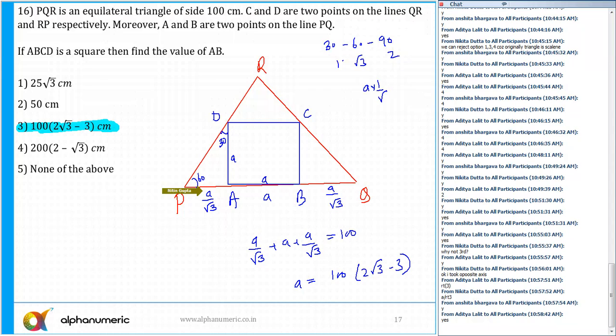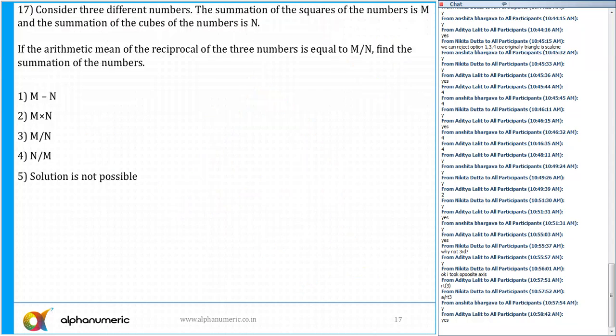Okay, 17. 17 we can say that yes, it's a difficult one. Now it says consider 3 different numbers. The summation of the squares of the number is m, so it is given that a square plus b square plus c square is equal to m. And the summation of the cubes of the number is n, so a cube plus b cube plus c cube is equal to n. If the arithmetic mean of the reciprocal of the 3 numbers, that is 1 by a plus 1 by b plus 1 by c, divided by 3, is equal